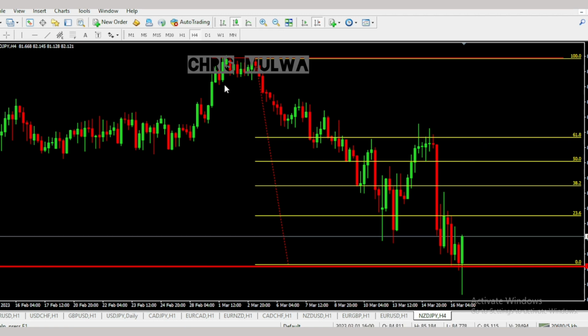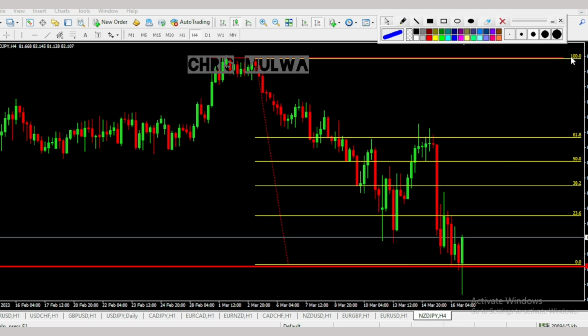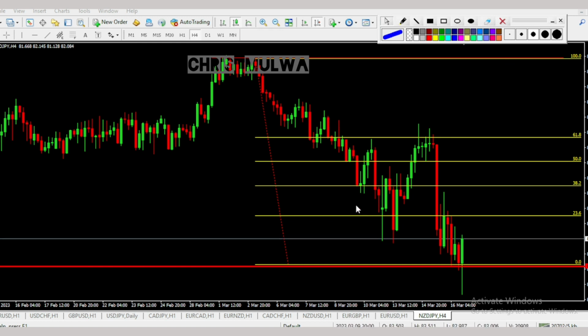Then here shows 100%, which means that your trade has matured at this point. You can close your entire trade. But if there is no reversal sign, you can still ride. So you attach your Fibonacci from the previous